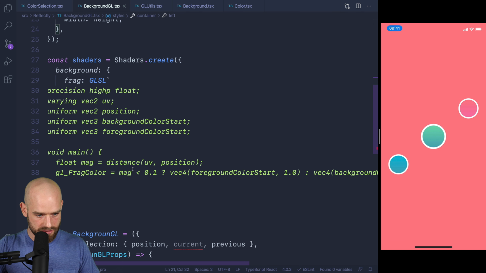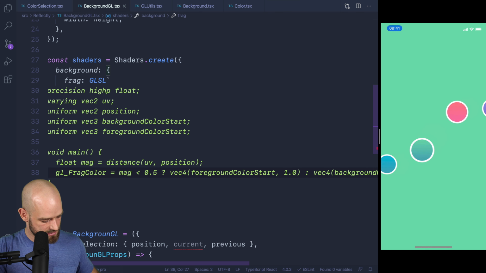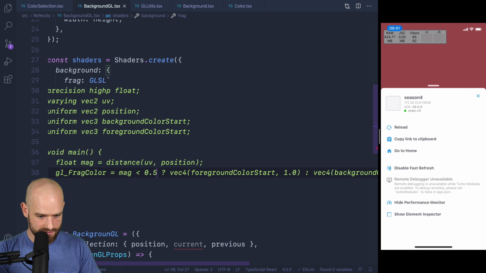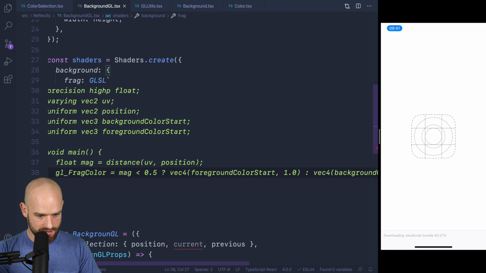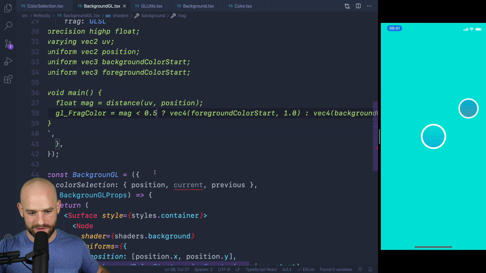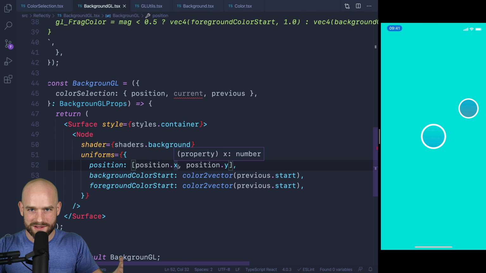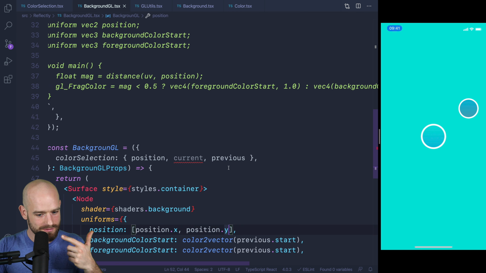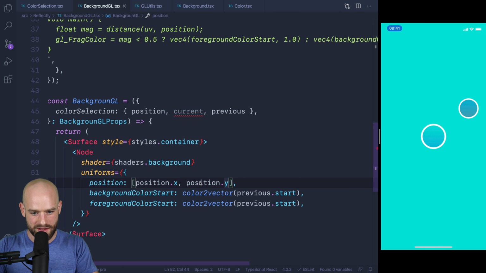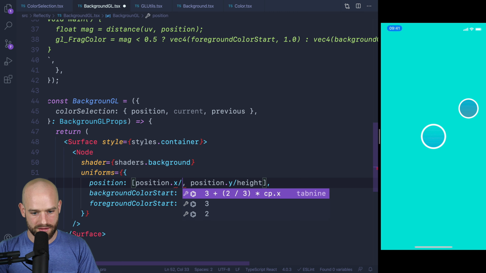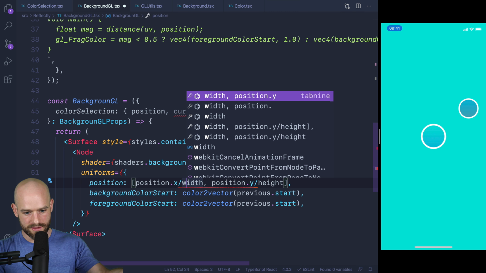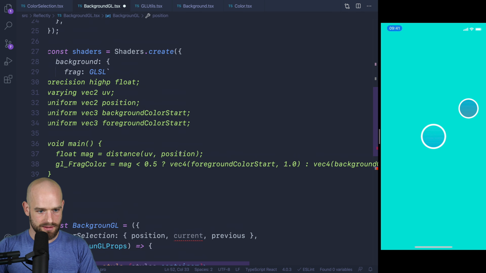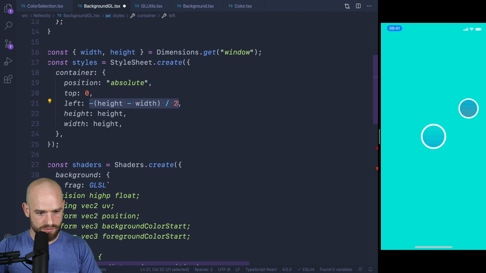That looks good, but we don't see the original circle. So if I say half here, let me see. We don't see this. Oh yes, of course, sorry. We need to convert this position into the Canva coordinate that goes from 0 to 1. And here we have something that goes from 0 to height, so we divide by height. And here it's divided by width, but we are translated to the left, so we need to add